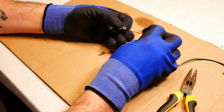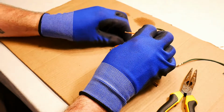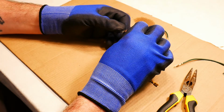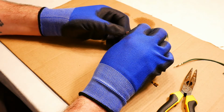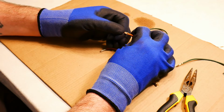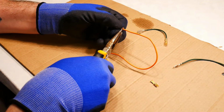And now I'm going to put my wire through. Just make sure that you twist it a little bit, make sure it goes through nice and easily. So I slot it in. Okay, and I slot it through, and I want the insulator section of the wire to just barely fit in. So hopefully you can see that. I just want to get it as exact as I can. So I have the insulator just slightly inside